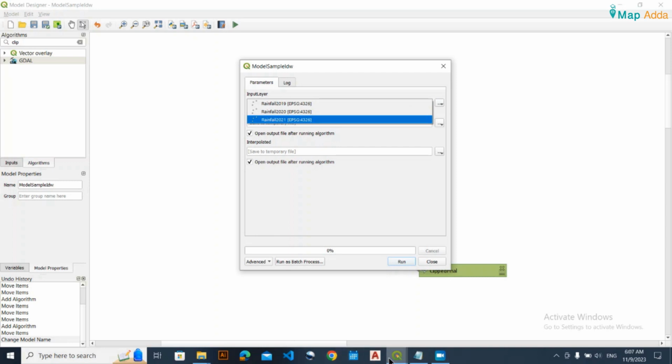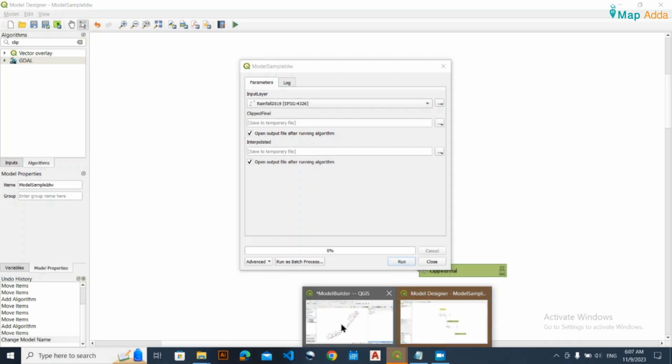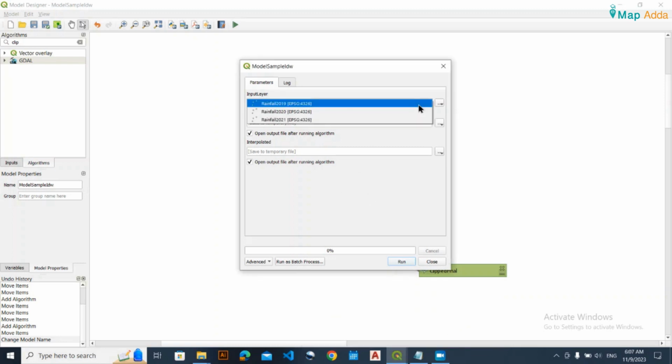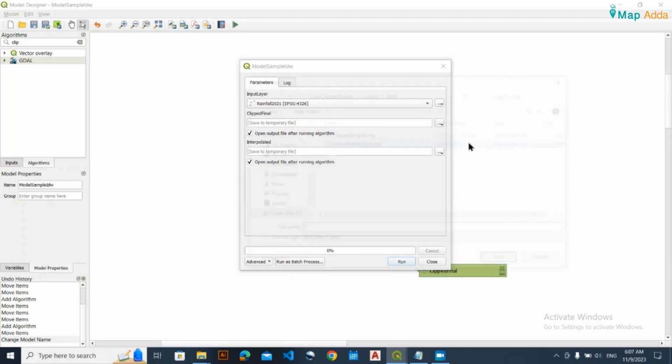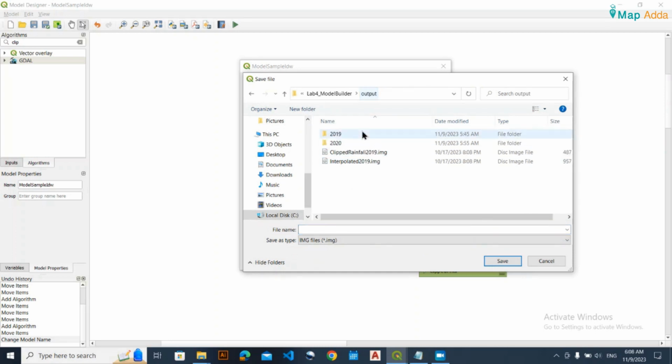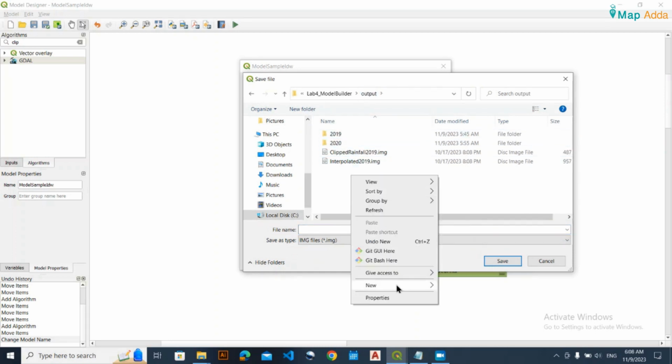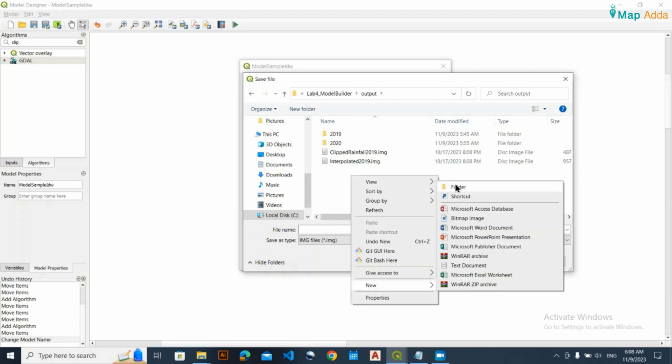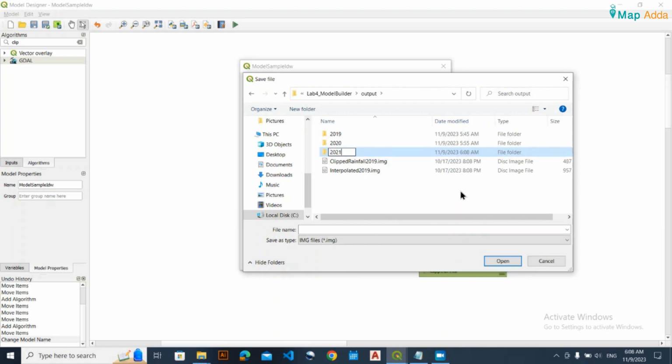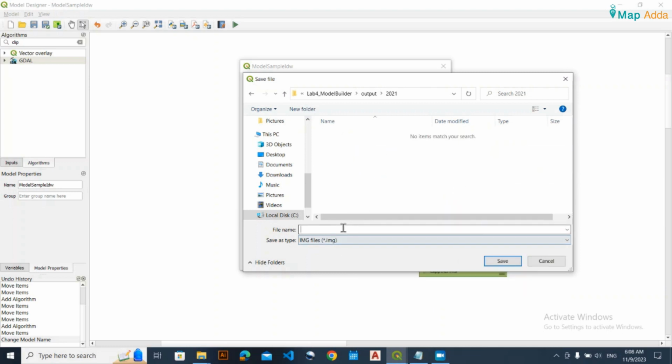But since I have loaded my data already here, just go for 2021. For clipped final, go to save to file, and let me make a new folder here, 2021, and name it clipped